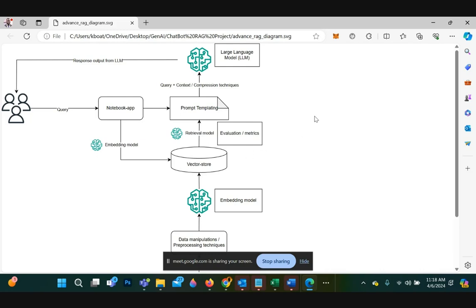But on top of that, you have to take a look at the advanced RAG. You have to think about data privacy, right? Hospital data is highly sensitive. Personal identification information, you don't want that to be out there in the public.